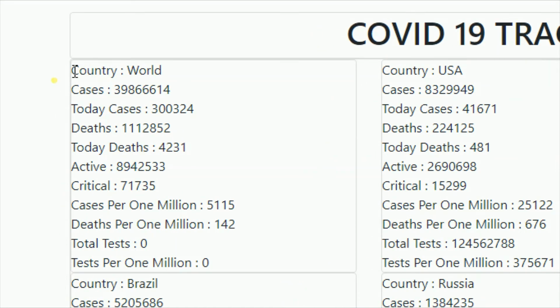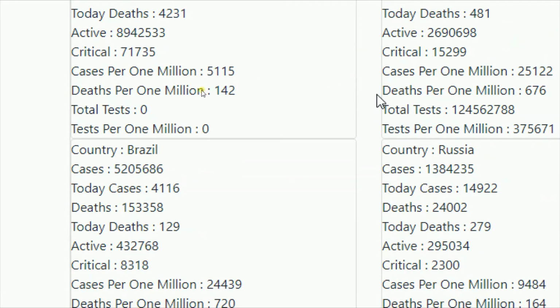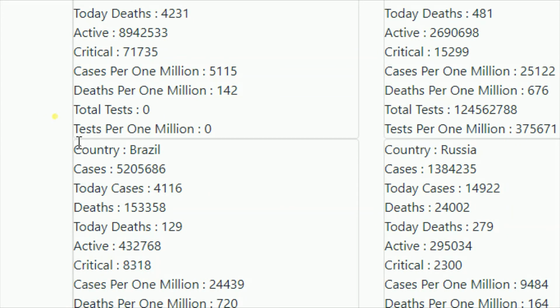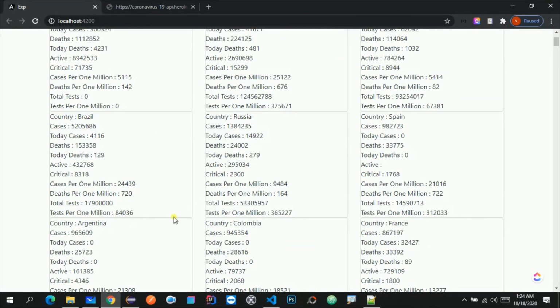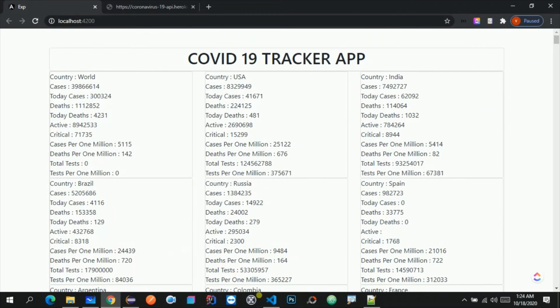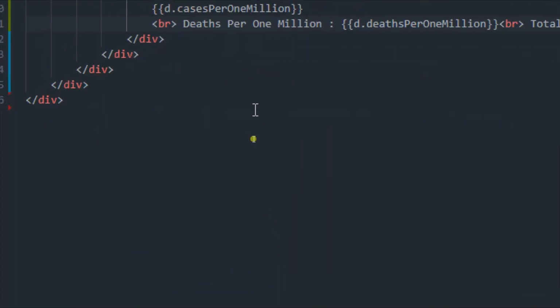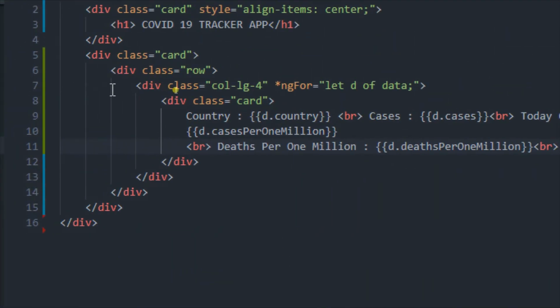Now what we want is some space between these cards, because as you can see, there is no space between these cards, like from margin and some padding as well. So we can give some paddings and margins. Let me go to Visual Studio Code again and assign some padding, inside this particular data card.